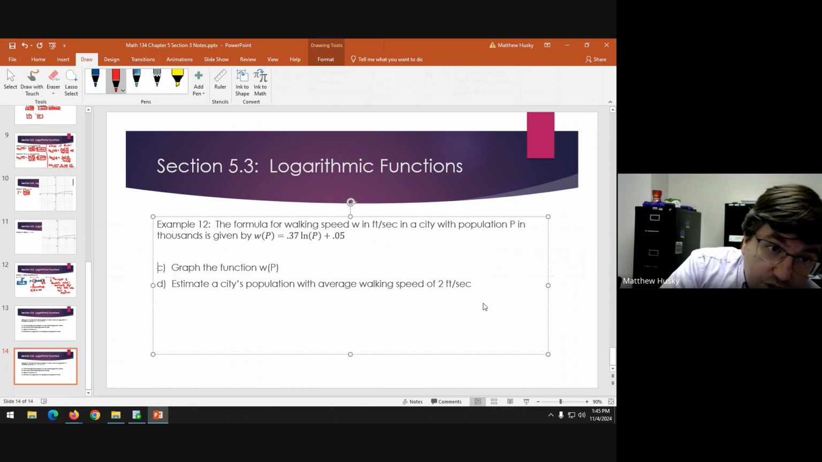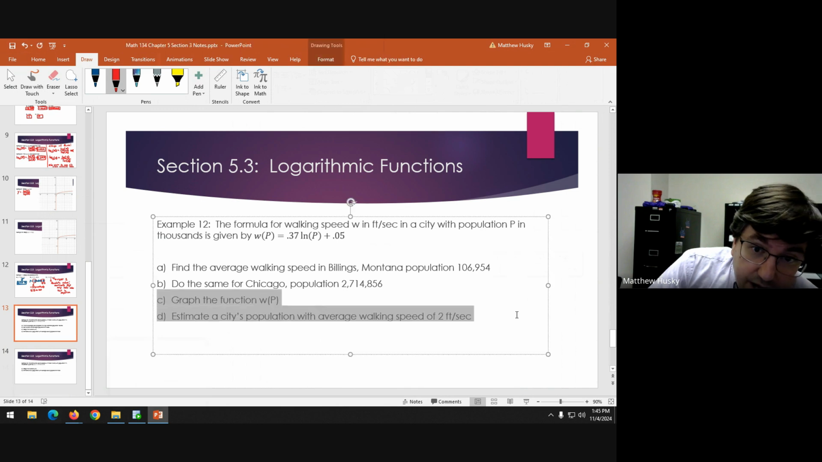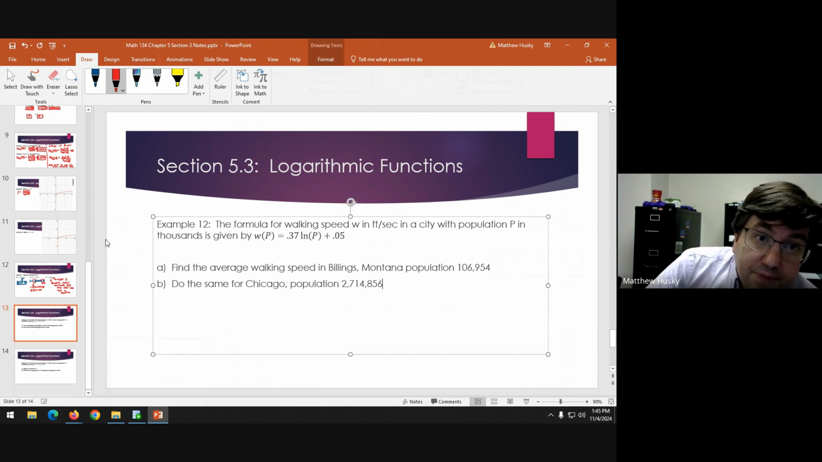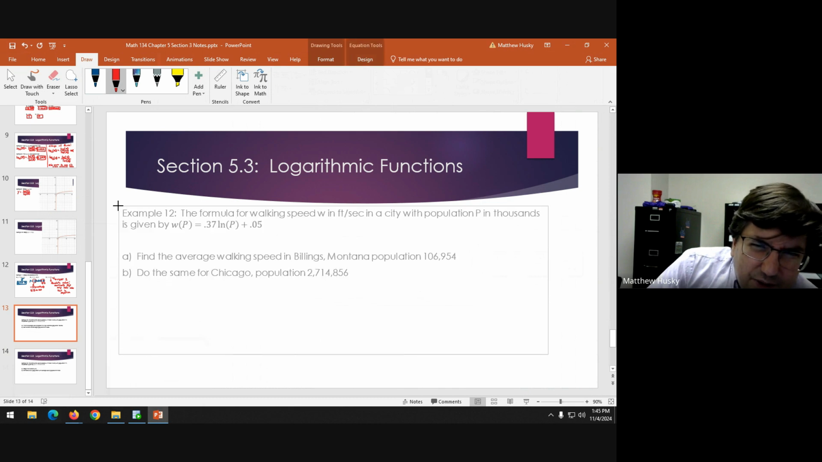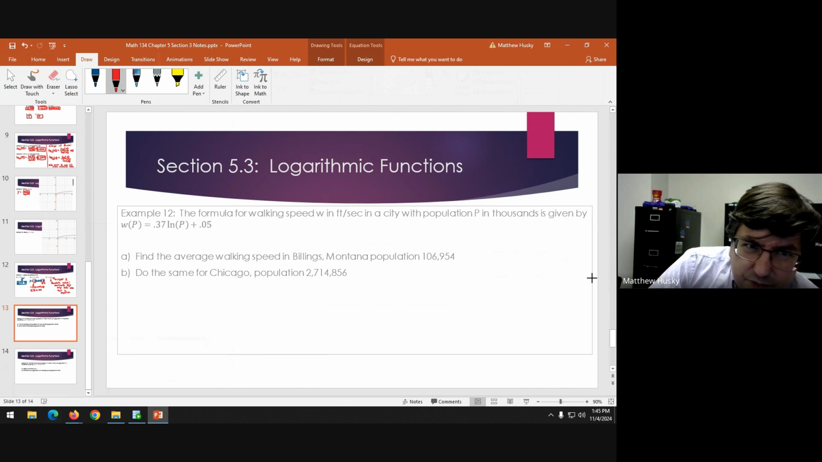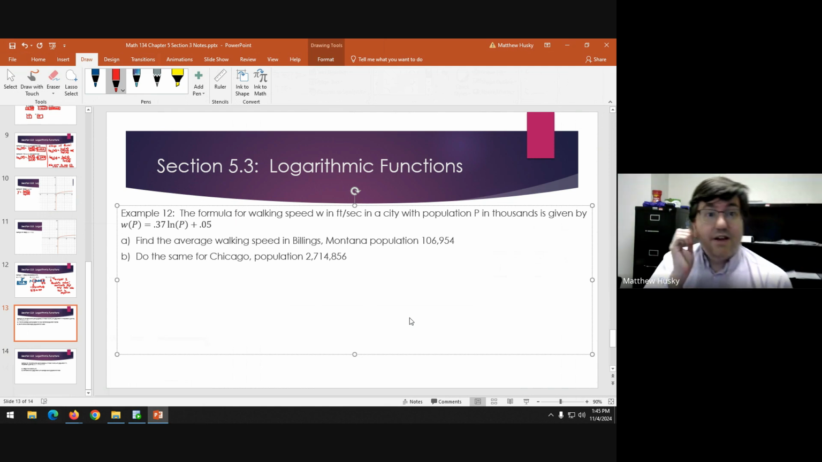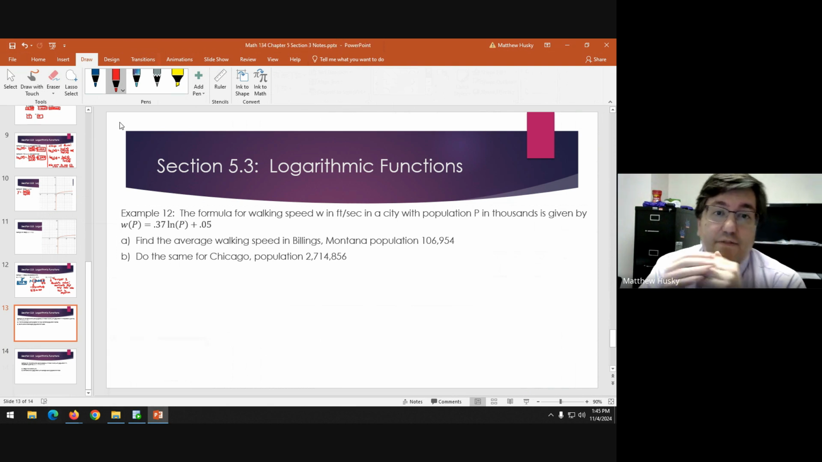So let's start with parts A and B. They say the formula for walking speed in feet per second with a city of P population in thousands is given by this formula. So W of P equals 0.37 ln of P plus 0.05. Find the average walking speed of Billings, Montana, population